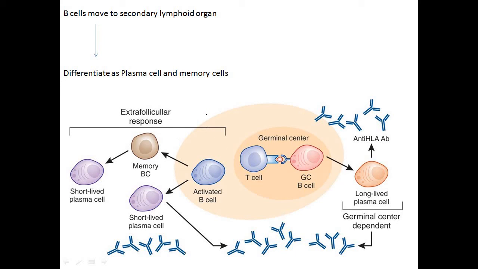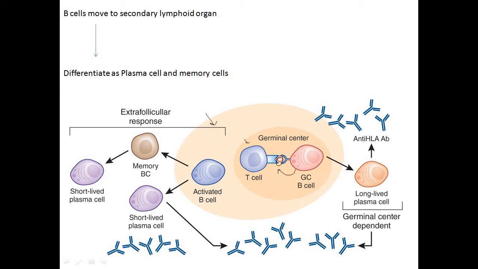Okay, so what happens inside the lymphoid organ is they move towards a follicle region where they proliferate and divide rapidly. But apart from dividing and proliferating, there are certain events that occur inside the germinal center. The first one is that these B cells interact with the antigen. Okay, now only those B cells are selected whose affinity towards the antigen is higher.